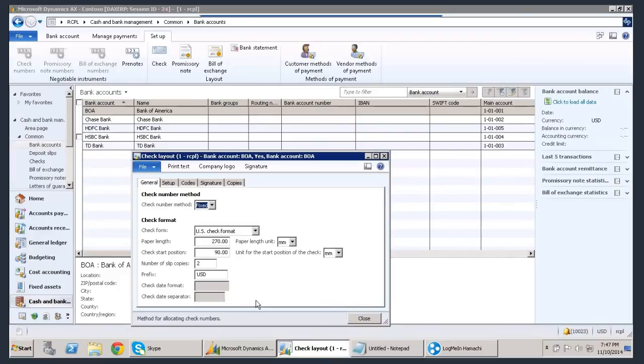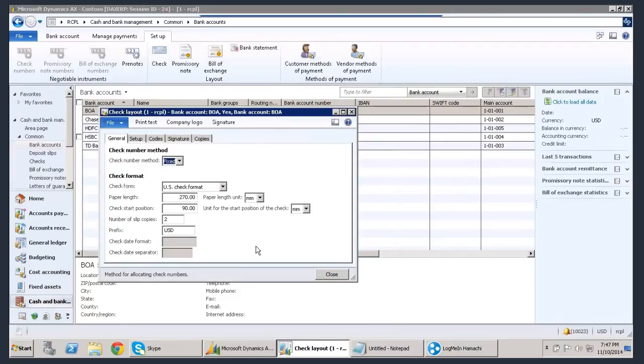And tomorrow we'll discuss some payment setups, and then we start our vendor transactions and payments. Tomorrow our agenda is creation of check layouts and check numbers and impact.